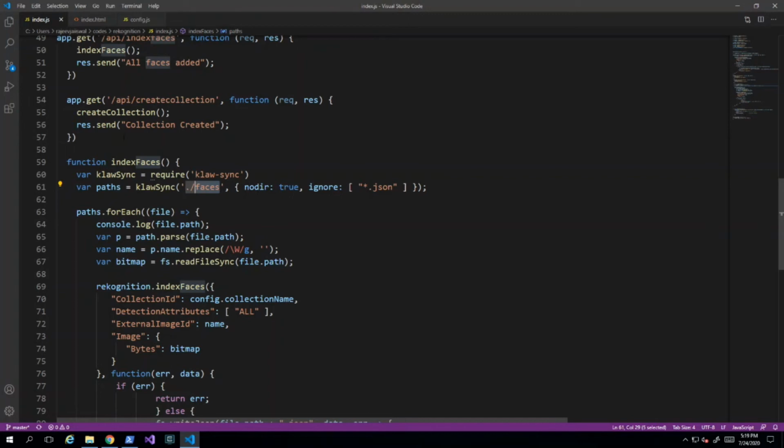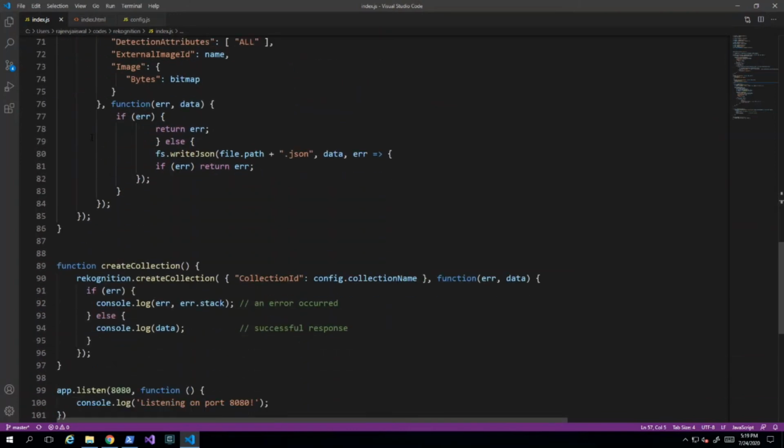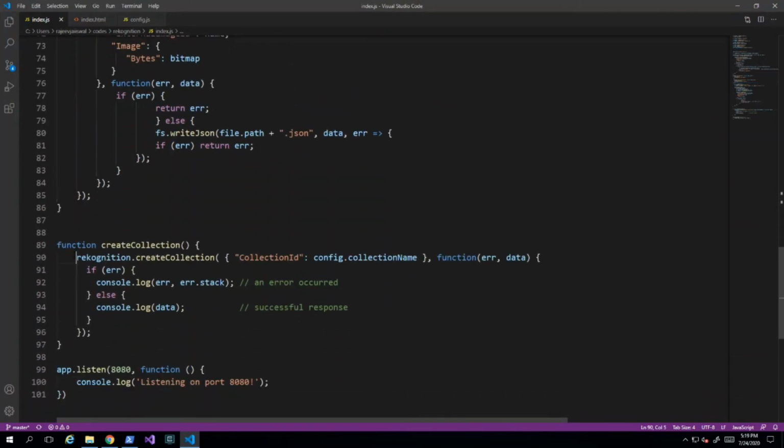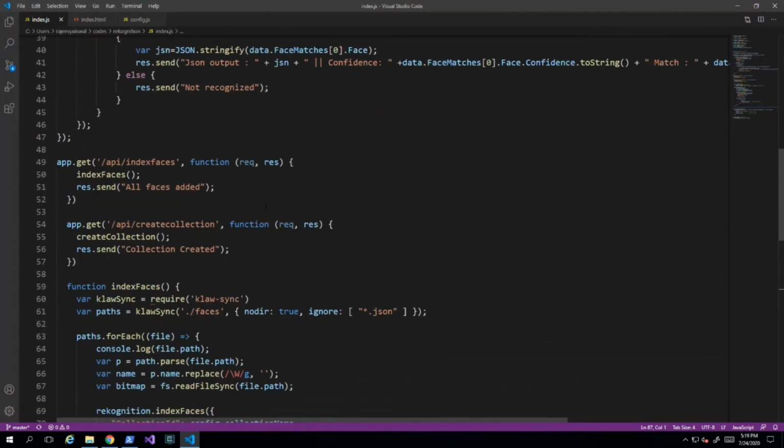Before index faces, there's also an API, create collection, which is used to create your collection first. The command for the same is here, where I'm executing this command programmatically and creating the collection, taking the name from the config file. The third thing I'm doing is matching the face.